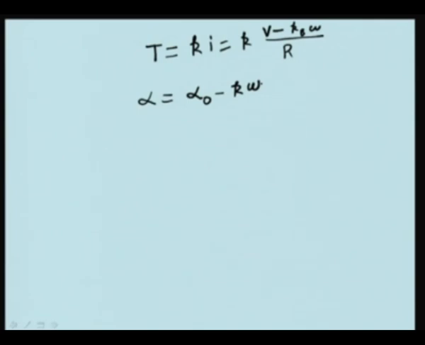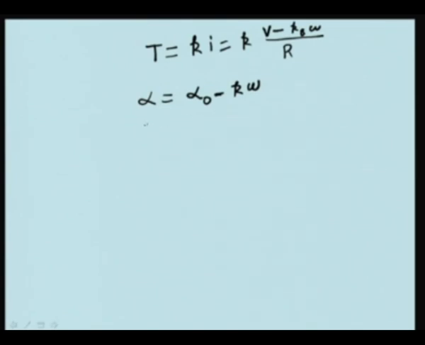So therefore, in this case, if you want to find out whether this rotating body will approach steady state motion or not, in this case it will attain the steady state at time t is equal to infinity, because this is d omega by dt